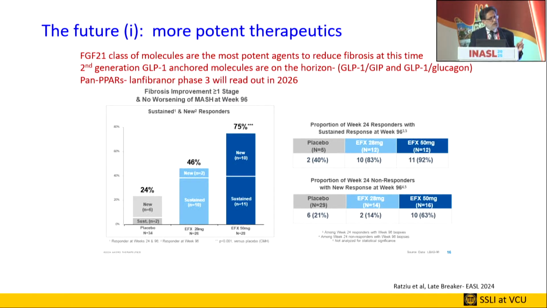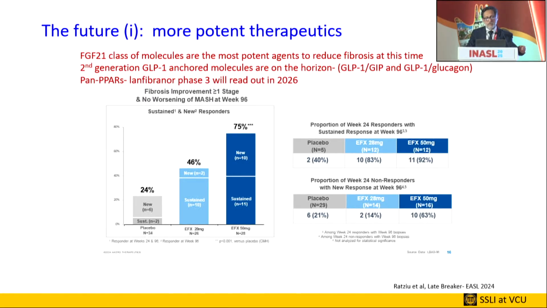Number 2, you see in the middle of that dark blue panel on the right, there's a white line running through the middle of the bar. That's how much the response rate was when they studied it at 36 weeks. So if you go early, you find a response, but then there are additional people. So they're late responders. It's not that what you see at 24 or 36 weeks is what you have for the rest of life. There is an incremental response. You have to stay the course with effective drug. So I think this is very, very important in the design of studies going forward.